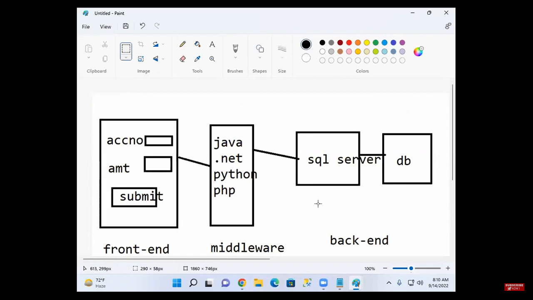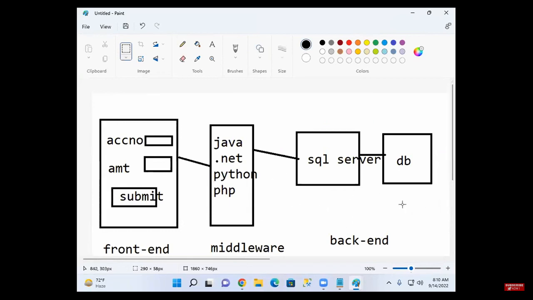The development of these three is called full stack development.